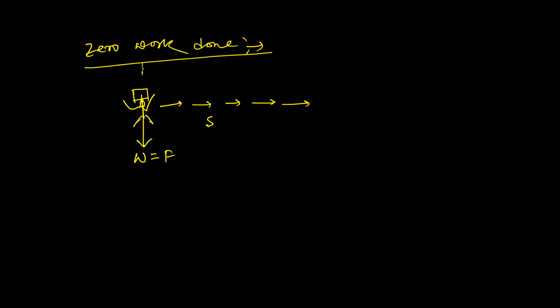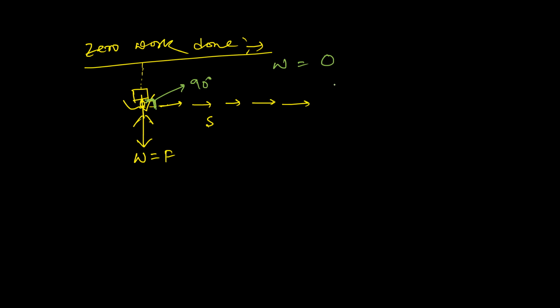If you draw some imaginary lines over there, you will find out that the angle between the force and displacement is about 90 degrees, right? As we can see, the angle between force and the displacement is about 90 degrees. So in this case we can say that zero work is done by that man, right? So when the porter is having some luggage on his head and he is moving in a particular direction, as we know that the angle between the force, that is the weight of the object, and the displacement is equal to 90 degrees, the work done is equal to 0.